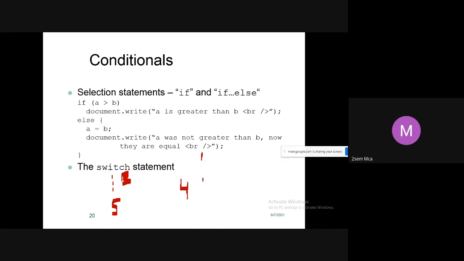And the fifth case is a default case. So when I give a choice 2, what output will it display? It will display the output of case 2, case 3, and case 4. Is it right?